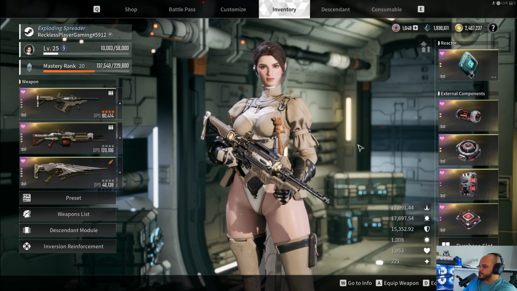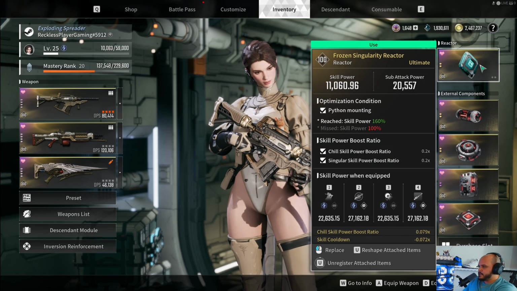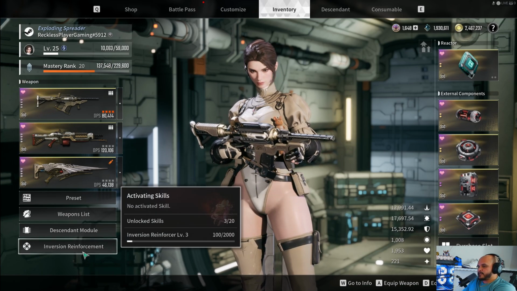You're also going to look into using the Slayer set for the more skill power. I would consider making this reactor stronger, but I have a feeling I might farm for a better reactor next week when she becomes available to farm for that reactor. But right now I have 17697 when it comes to the actual skill power. Now I haven't messed with anything when it comes to the actual